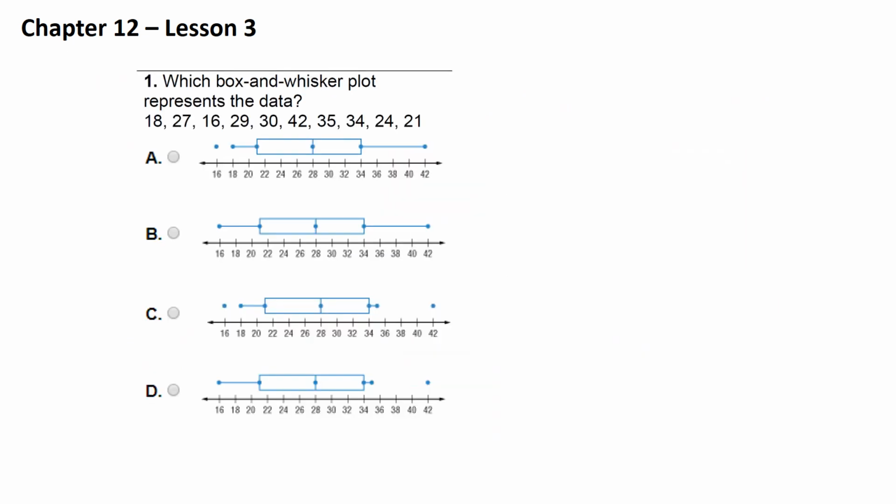Chapter 12, Lesson 3. Question 1. Which box and whisker plot represents the data? In order for us to look at the data, we're going to first put the data in order from least to greatest. So we have an 18,